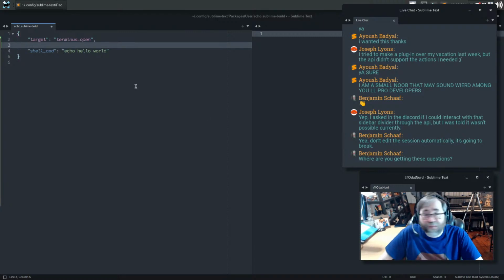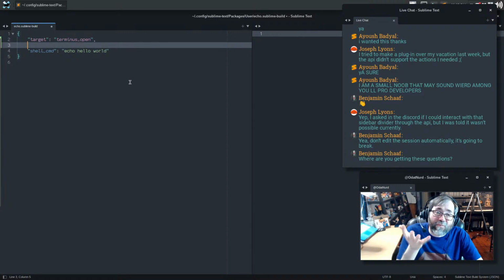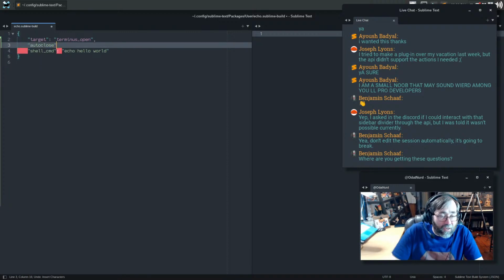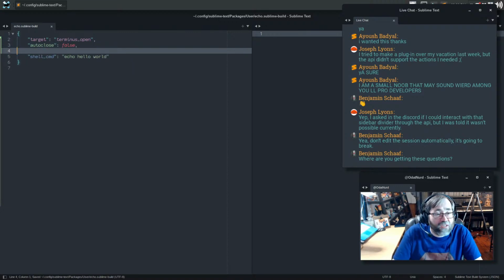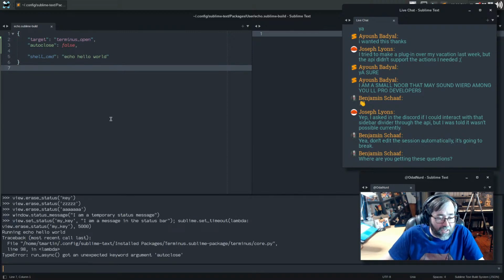Let's make sure we're looking at the appropriate thing here. If you wanted to use it in a build system, not that exciting unless the program that you're running is something interactive that you are going to be in charge of when it terminates. Like a Python REPL, for example, would be a good example of that. Maybe when you tell the REPL to exit, you want the tab to go away, in which case you don't have to do anything special. Or if you're running some sort of text mode game or something. For other things, you need a tag in here. Sorry, an argument of auto_close, which I'm going to set to false. We'll see if I'm remembering this because this one is a little bit from memory, but that is not the one.